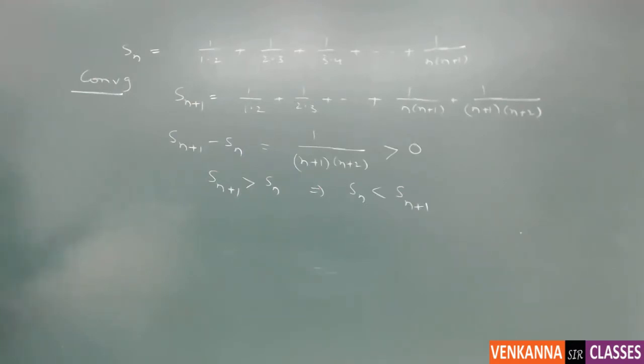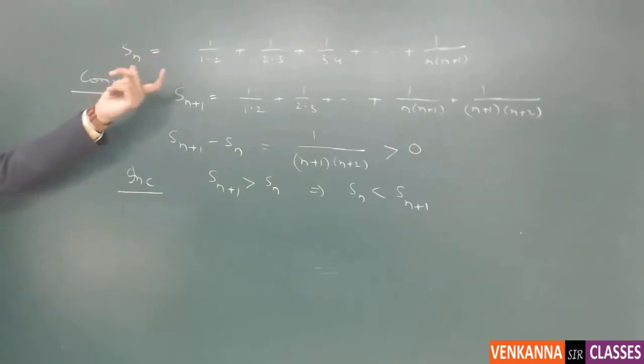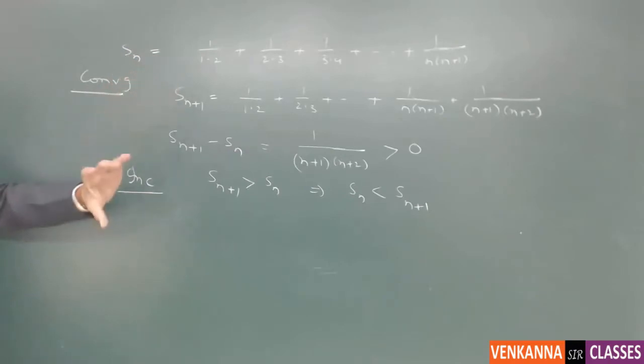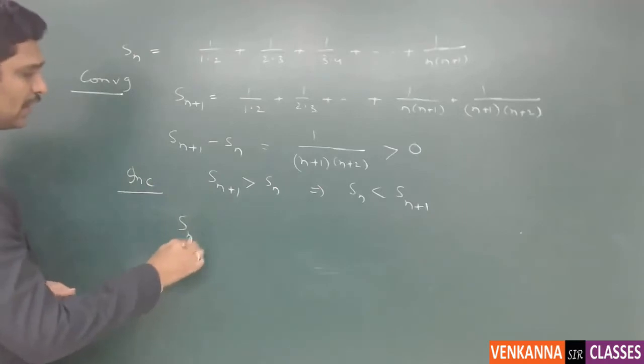Since it is an increasing sequence, the lower bound will exist by default. We need to find the upper bound. So how to find the upper bound? By rearranging the terms in Sn, we can find the upper bound. That is one strategy. So you have Sn is equal to